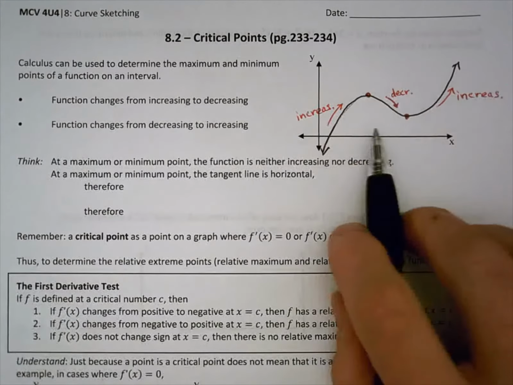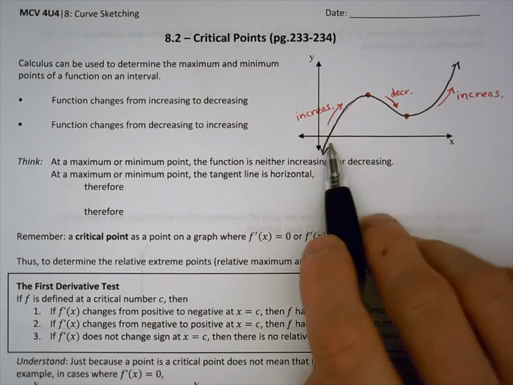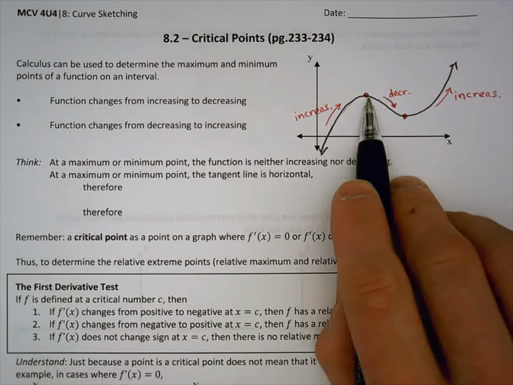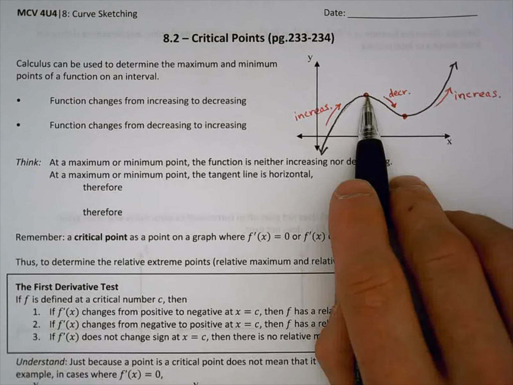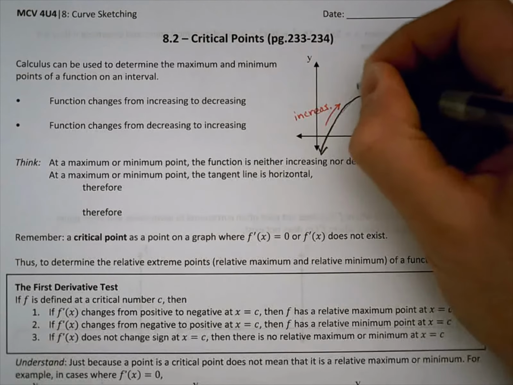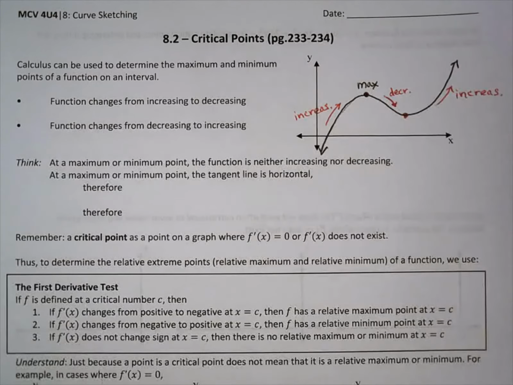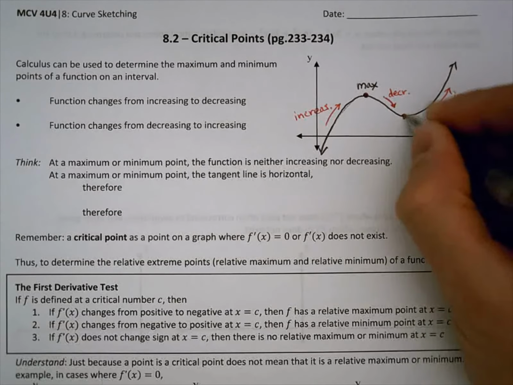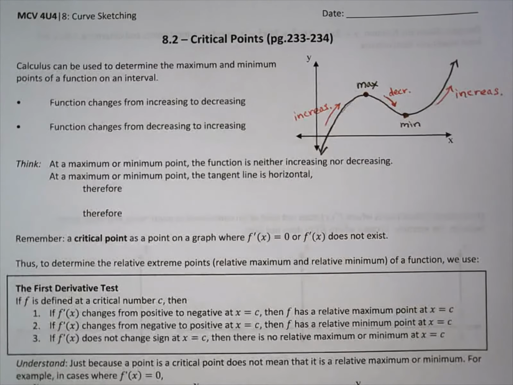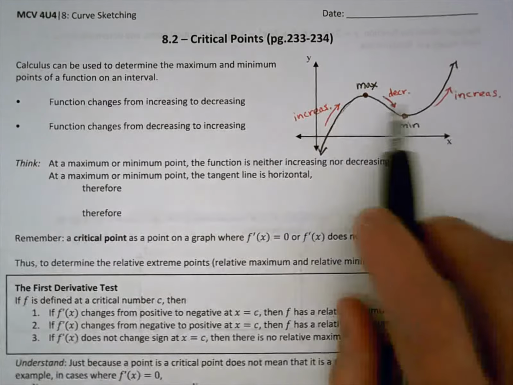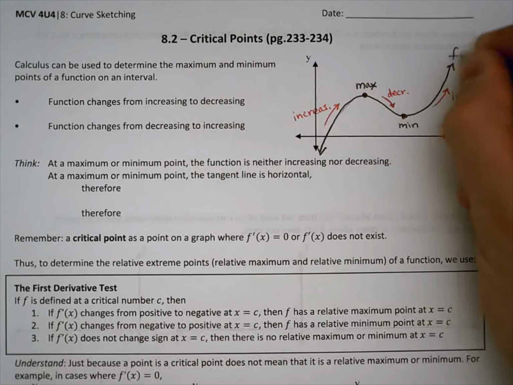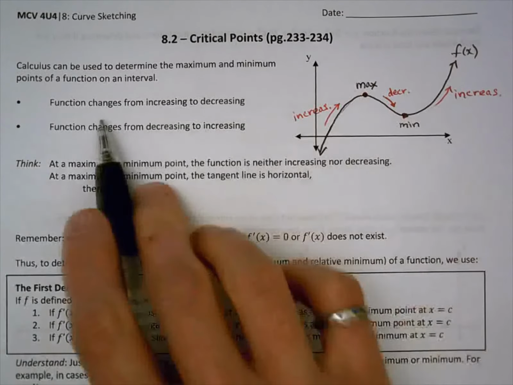So if you look at this, what is this point that I just put a dot at? This would have to be the max point. And when I go down here, this point here would have to be a minimum point. Those are both points. So for this function, f of x, when I'm talking about a